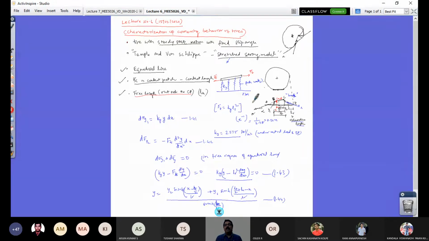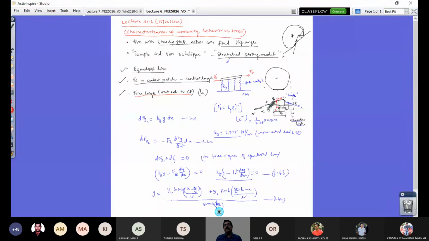Another force is because of the tension in the stretched string, that is given by minus Ft d squared y by dx squared into dx. This d squared y by dx squared term is because this tension force is proportional to the curvature of the string. The unit homogeneity is maintained here: 1 by meter, the meter goes off, and then you get this. So these are the two differential forces acting on the element considered. You know these forces will be acting on the string only during the tire-road interaction in the contact patch.